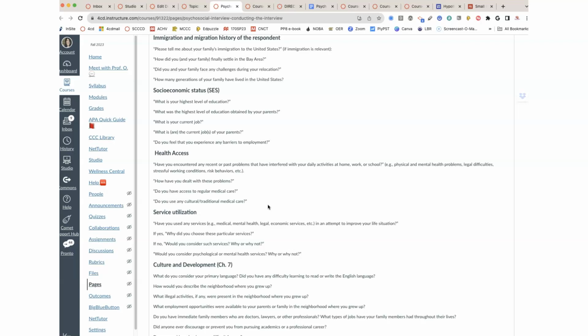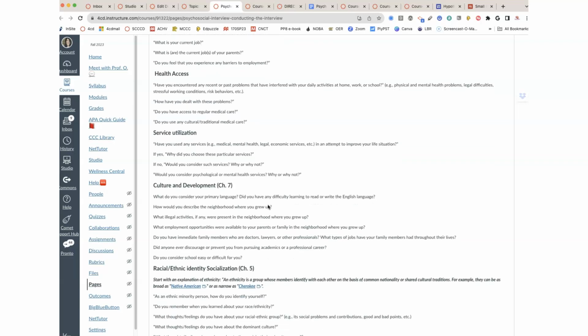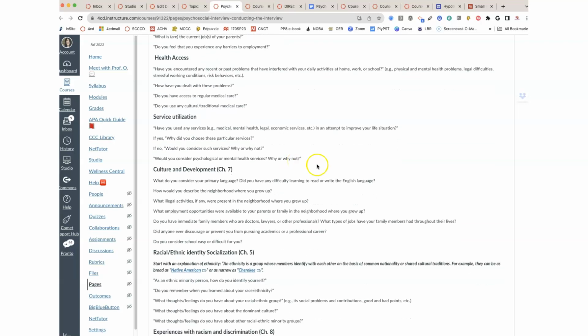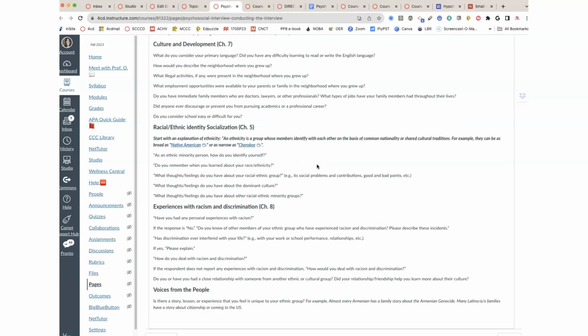I am not concerned about language, but when you do share it with the class, you may want to put a trigger warning on it, just so that others are aware that it does have whatever discussion of language issues. Also, if there's any conversation about violence, make sure you add that. We'll talk more about that later. But this is right now just about the interview. It's a conversation. Let the person talk.